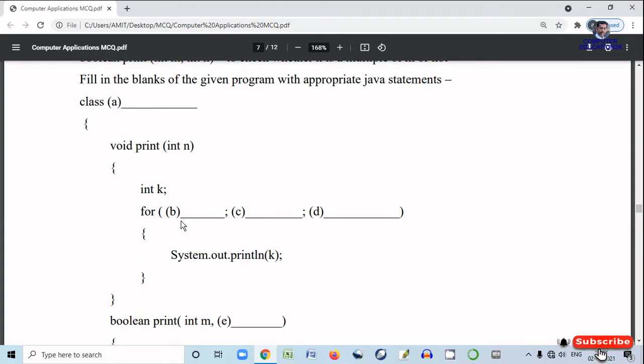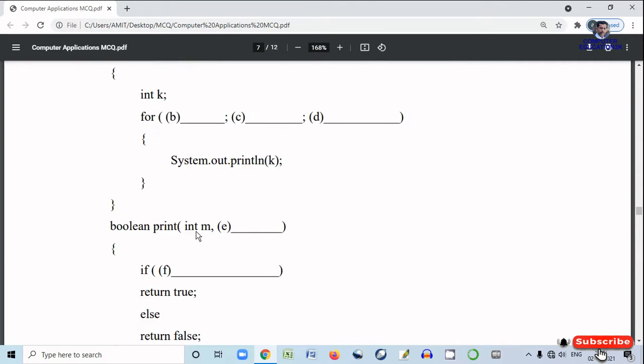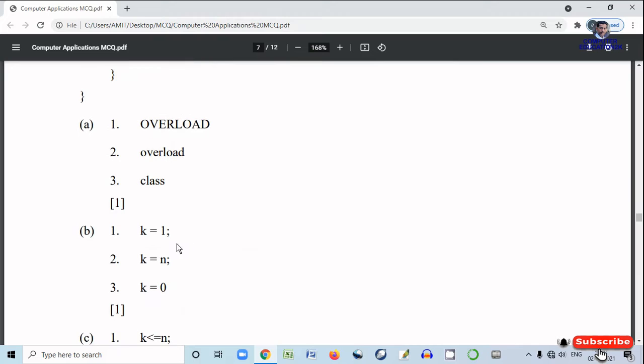In B, see, this is a for loop and you have to print out the first n natural numbers, and natural numbers start from 1 to n. And the loop will be made with the variable k. So you have to write here in B, k equals 1. So in B you can see, this is part 1.